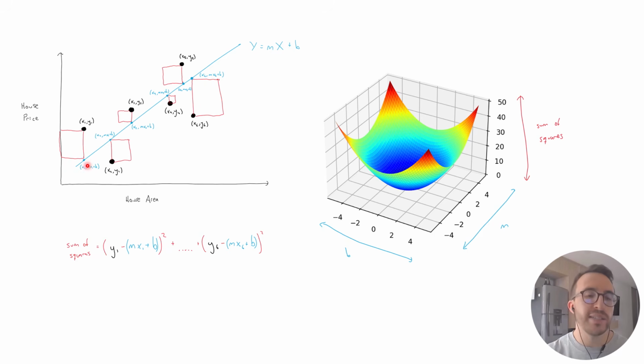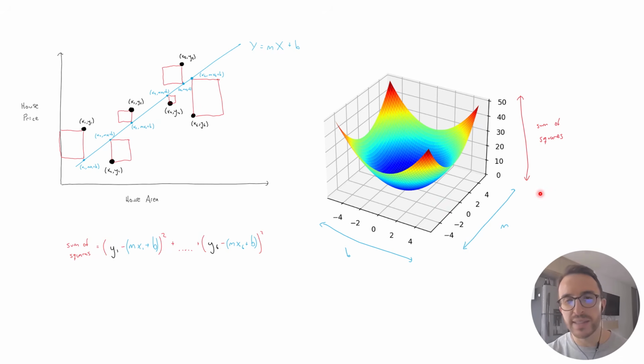The line of best fit is going to be the line where, if you measure the vertical distance to each data point, square that, and add up all those areas, the line of best fit is the one that minimizes the sum of those squares. And this formula here represents the sum of those areas. All the y1s and x1s and y6 and x6, all of those are known values. So really the only two unknown values in this formula are m and b. So you have a formula that is in terms of m and b, and so you can graph that, and that's what we have here.